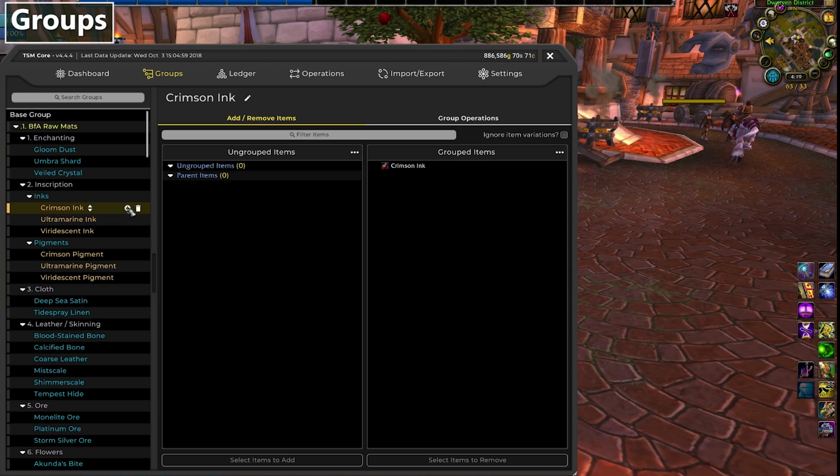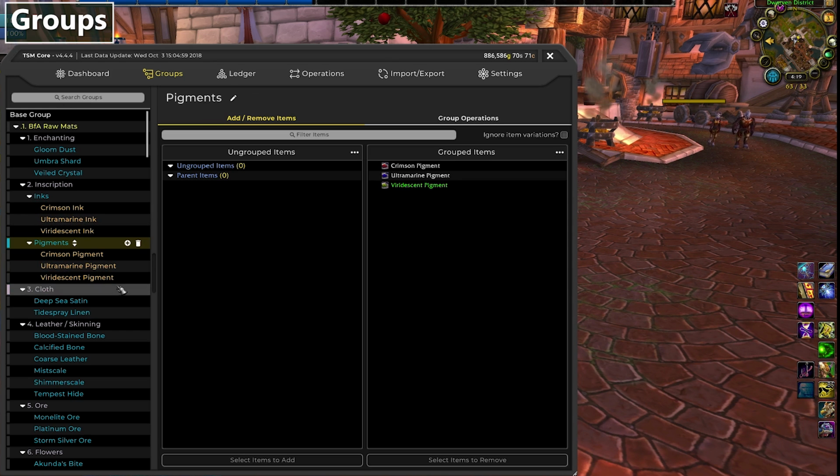Maybe I want to stop by the auction house and post all of my cloth and herbs for market price, post my calcified bones for whatever as long as it's over vendor price, but hang on to my enchanting mats. Groups let me do all of that with one button. They're the foundation that we'll need for posting auctions, but also mailing, shopping, and deciding what to craft later in the series.